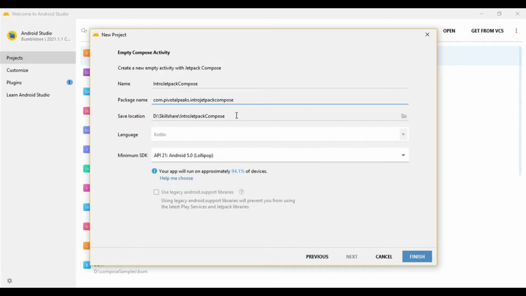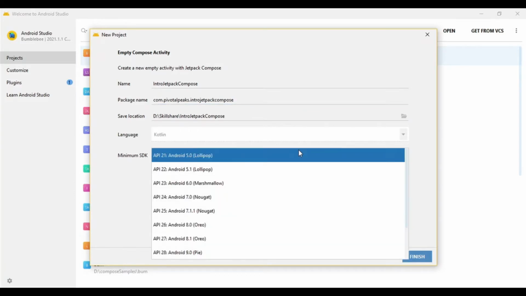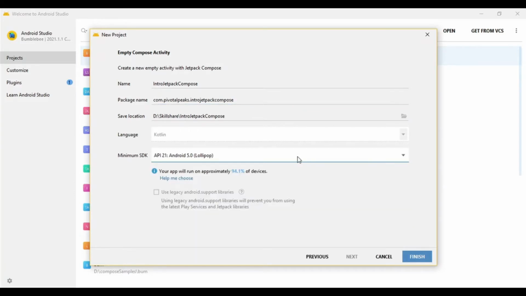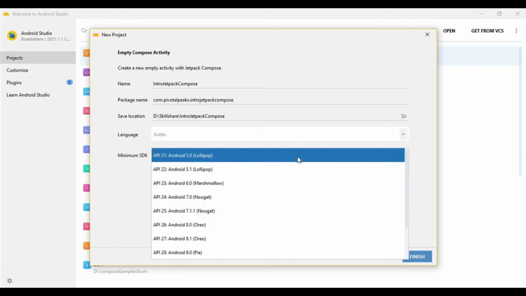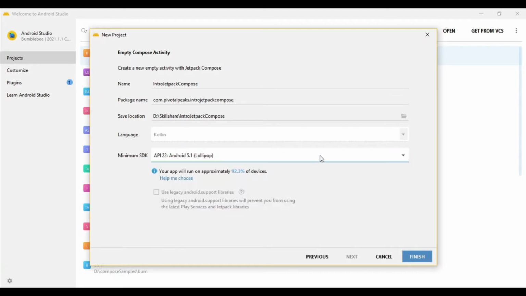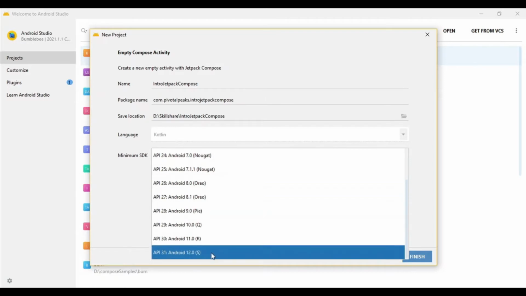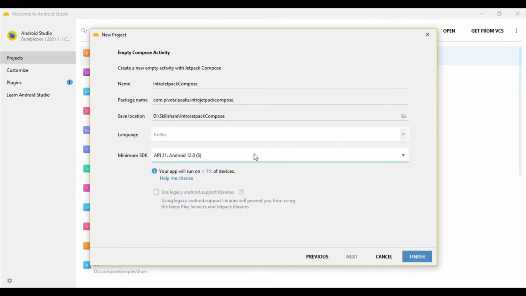I have already set it up, and here you need to select the minimum SDK. Also it's already selected to API 21. You can go higher if you like. You can go up to 31, but I am going to select 21 because then it will run on most devices. You can see the message here.